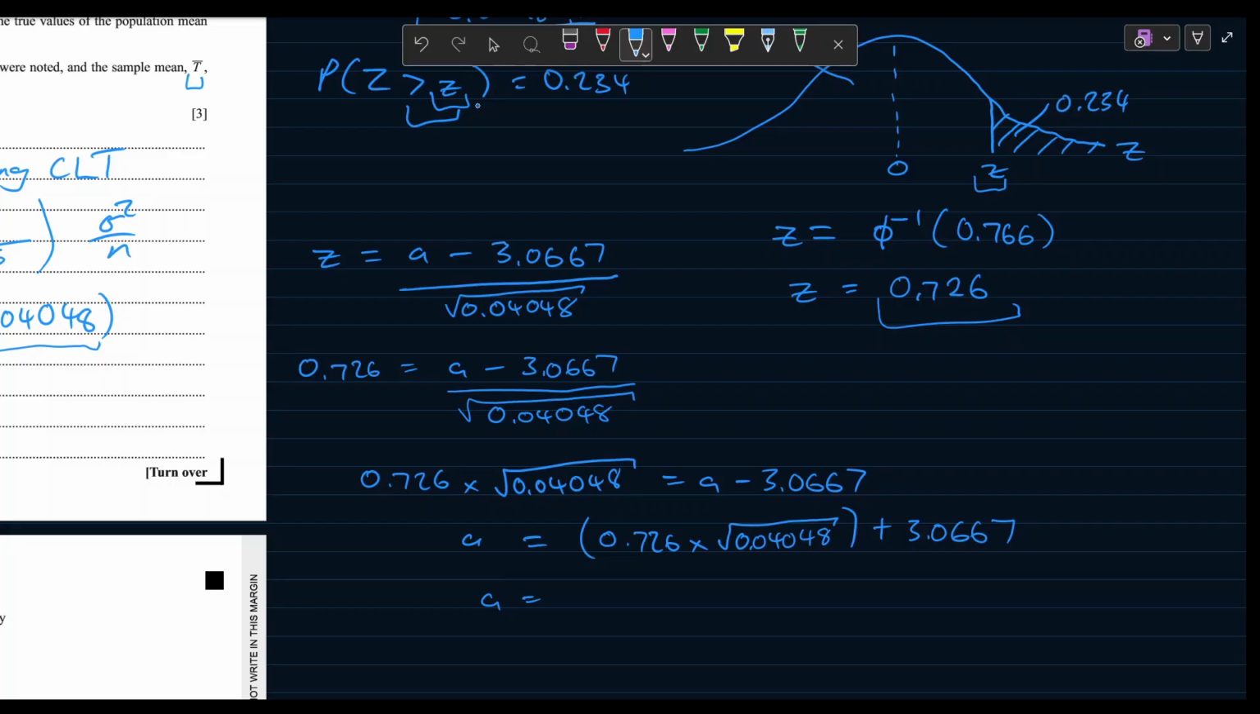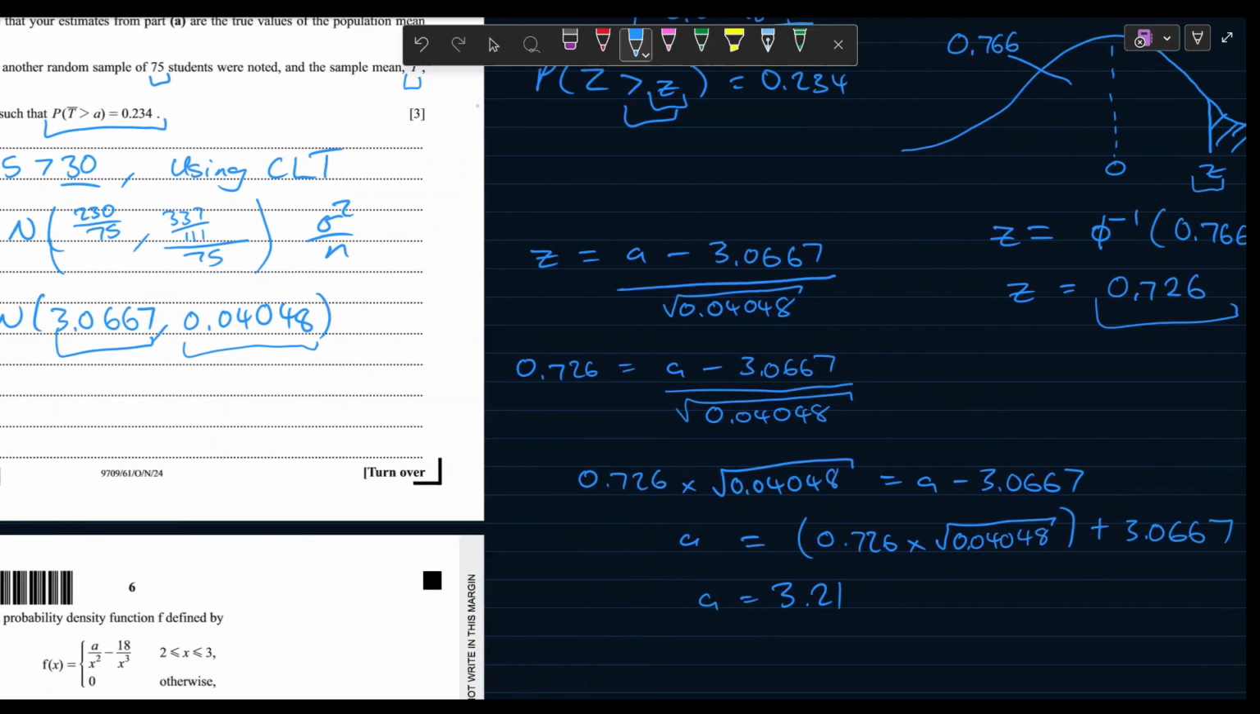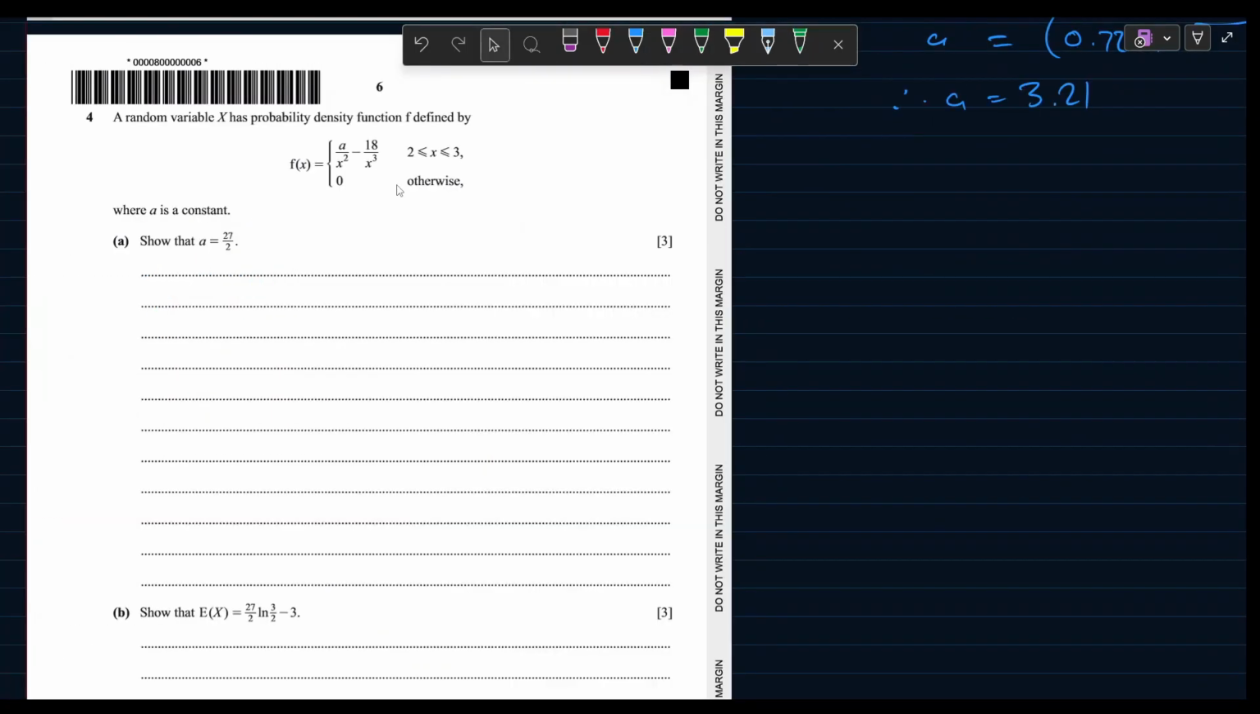That gives us that A is 3.21, correct to three significant figures. I don't know if they specified. No, they didn't. So we can give it to three significant figures. A is 3.21. Number 4, a random variable x has probability density function f defined by f of x is equal to